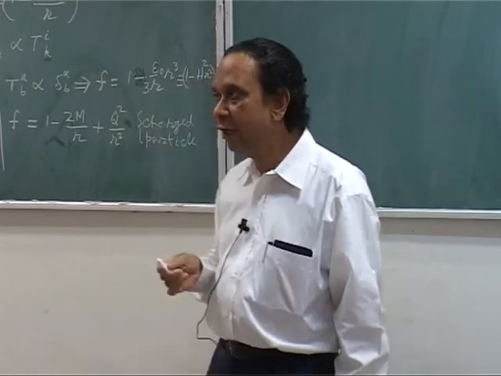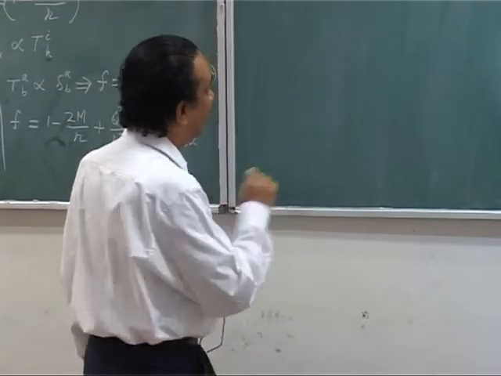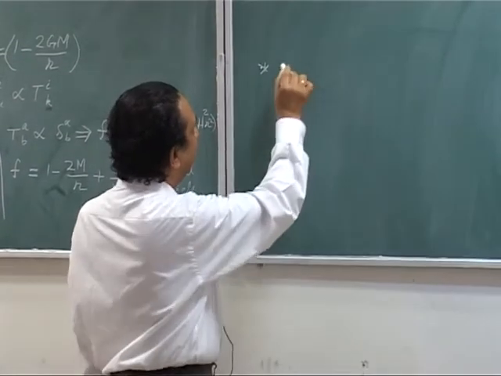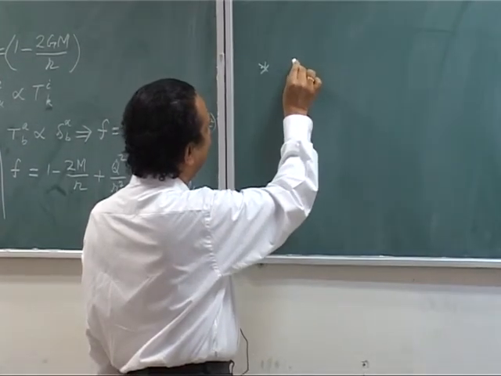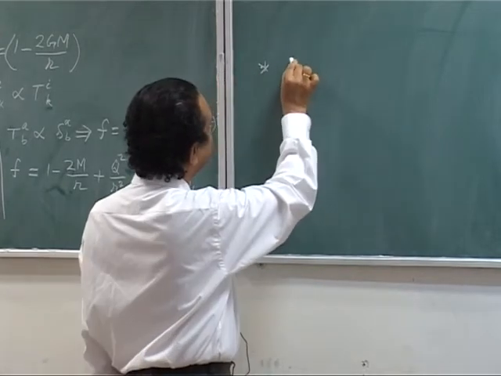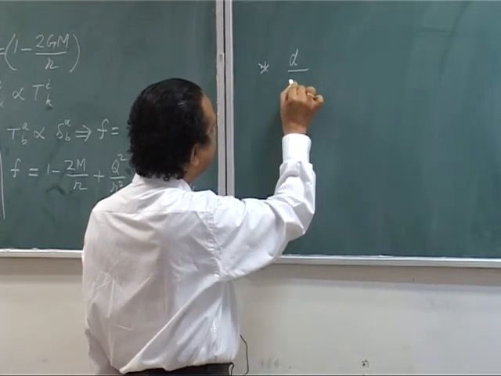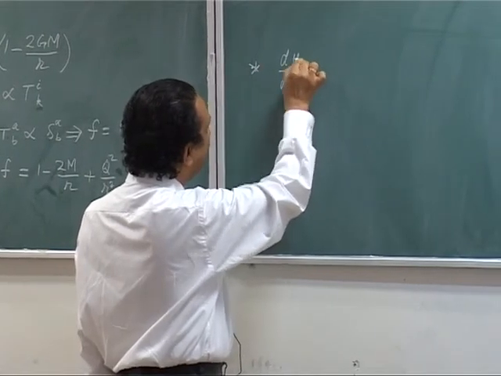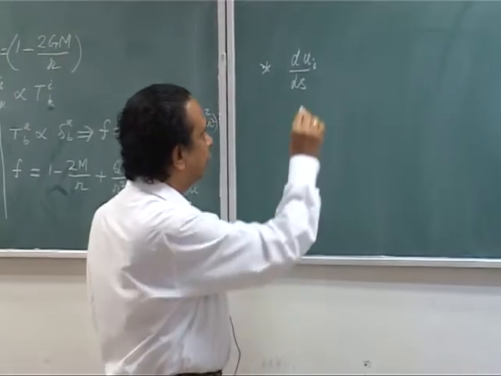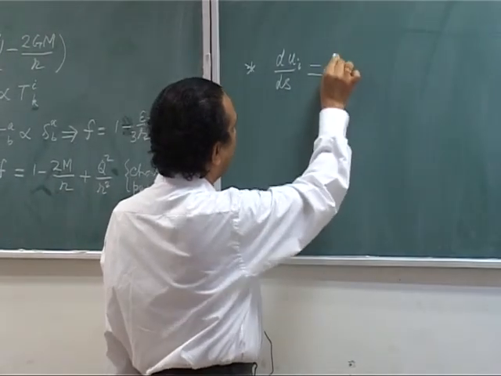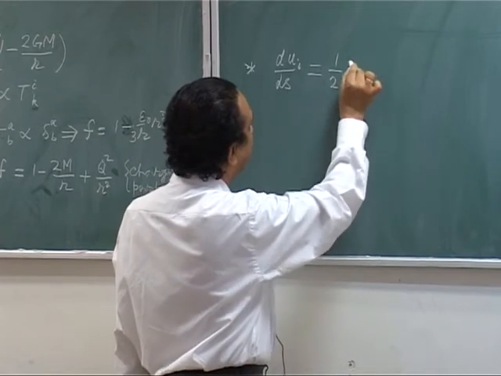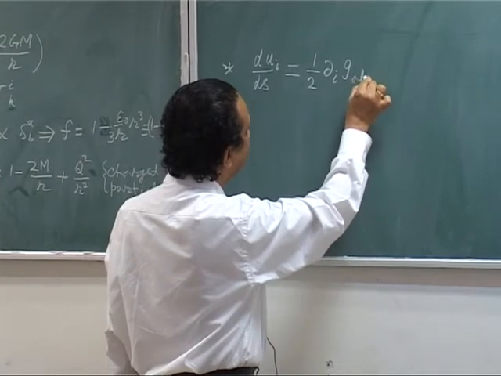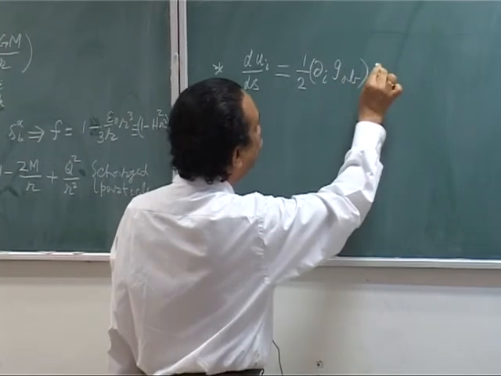Okay. For that we have to go back to our geodesic equation, but now it is convenient to write the geodesic equation in the following way. This was the first form of the geodesic equation which we wrote down. So it is d by ds of u_i, with a lower index, which is equal to half ∂_i of g_AB u^A u^B.